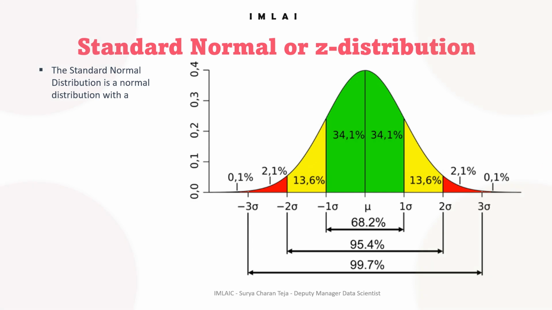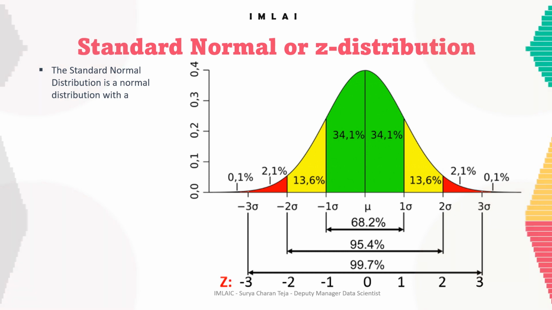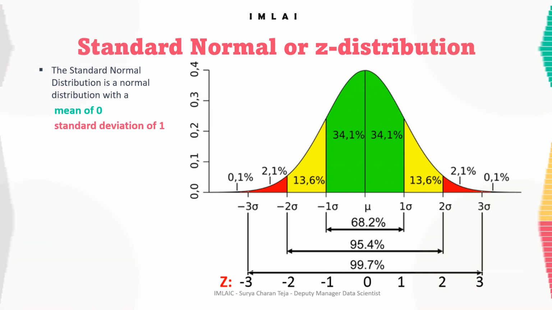So this is our normal distribution, correct? Now the standard normal distribution is a normal distribution with a mean of 0 and a standard deviation of 1. It is also known as the Z distribution or the standard Gaussian distribution. So how was it converted? Till here it is a normal distribution. After that, by applying this formula,